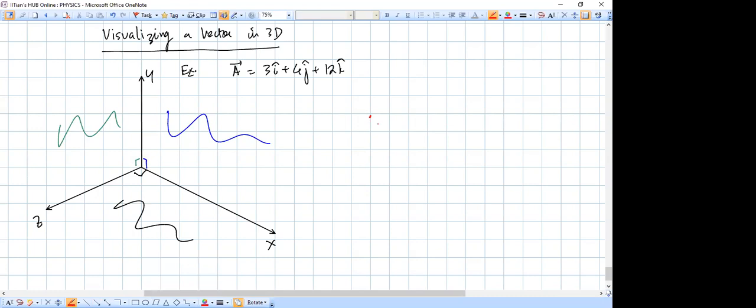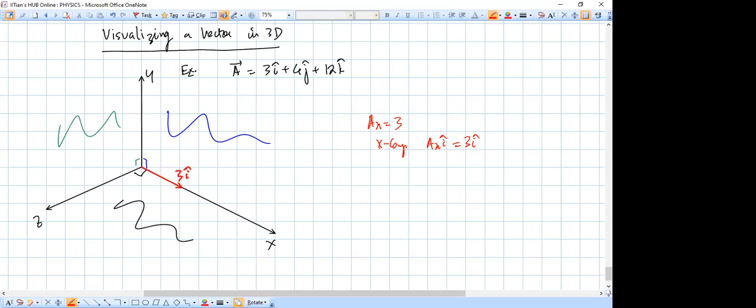So Ax is equal to 3. So the X component Ax i cap is 3i cap. So let's understand in this diagram where that is. Just forget about the rest of the vector. Just concentrate on this. Where is this 3i cap? It's a vector like this. This is my vector 3i cap.